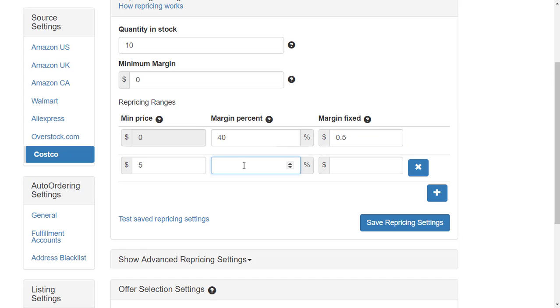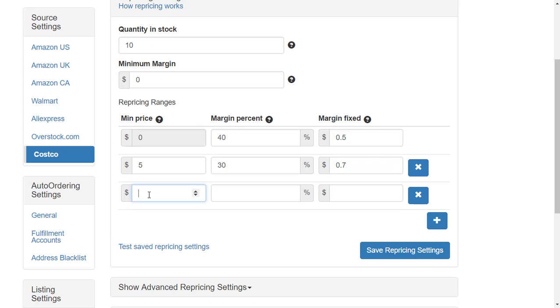Now, from 5 you want, let's say, 30%. These are random numbers, okay? And you might want here 0.7, and you can add one more. At 10 you want 15%, and I don't know, 0.9,